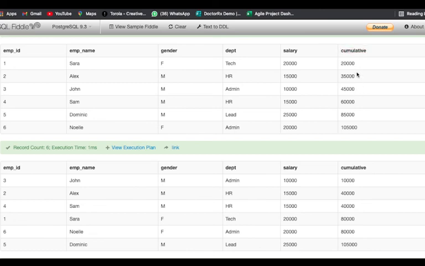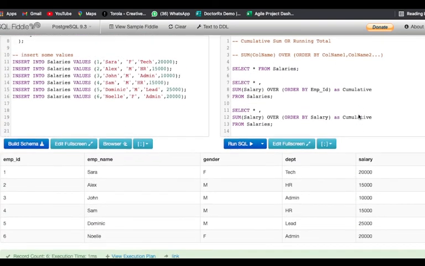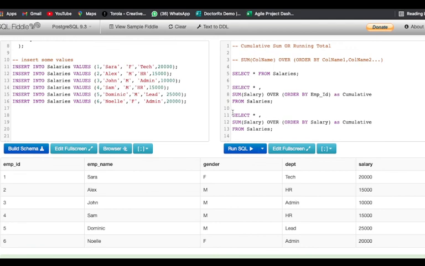We are not able to get the right answer, because it keeps adding the duplicate values without showing them in the cumulative sum, right? So we will never order by columns which can have duplicate values when we are using the cumulative function.